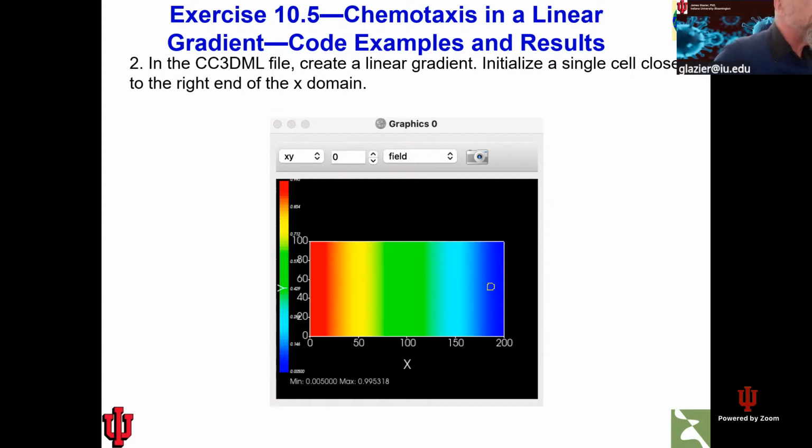Yeah, there you go. Okay, good. So now you could try changing this in the model editor, because everything is in XML. In the model editor, in Player,